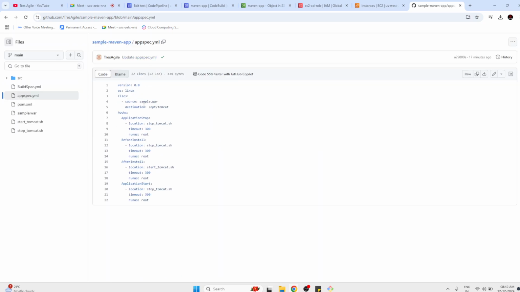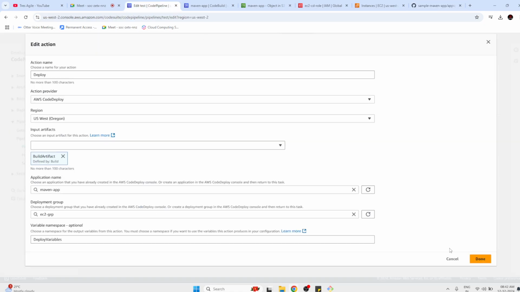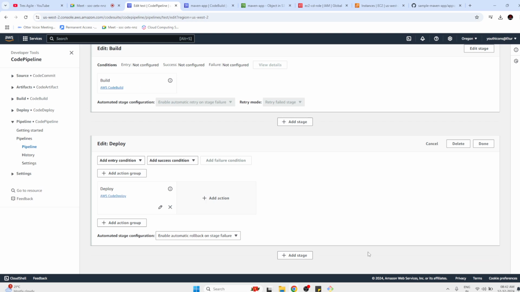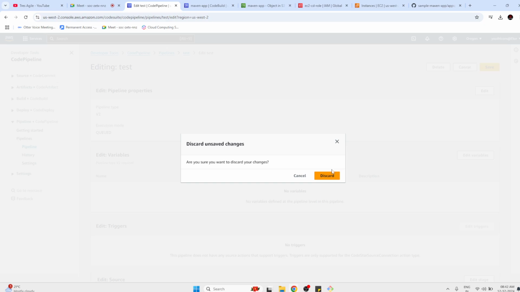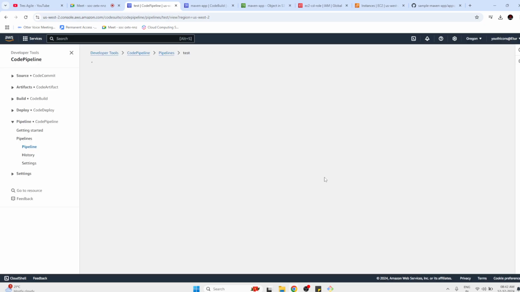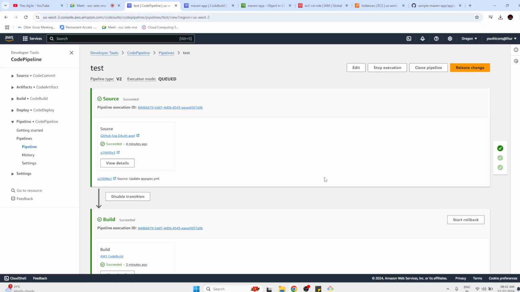So sample is source, destination, follow this file. That's the advantage. But if you are not using CodePipeline and simply using CodeDeploy, you have to tell where the source is also, so S3 or GitHub. Here, since we are doing it manually,